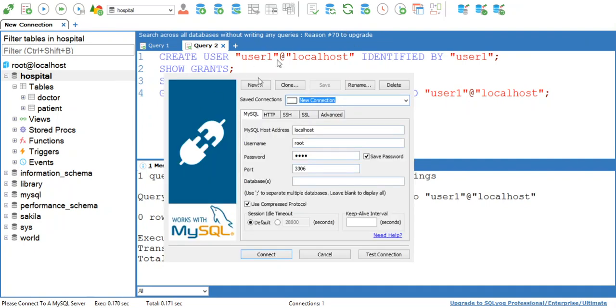See, this is your new connection window. Here no need to write down the connection name. Localhost is already there. Instead of this username root, write down user1 and specify password for user1. No need to write down any other credential, just connect.